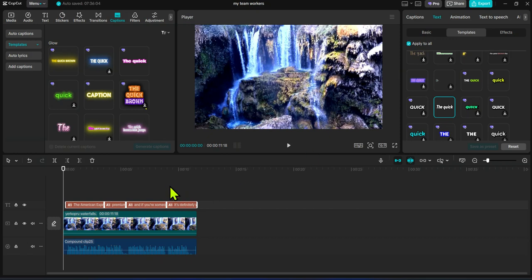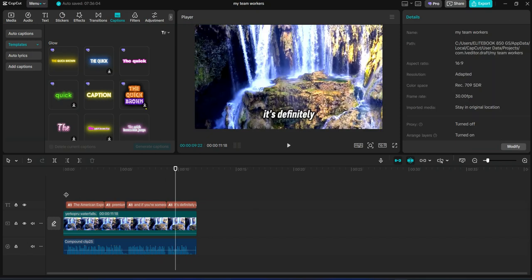In this video, I will show you step by step how to make the caption shake in CapCut. So if you want to add shaking style for your caption in CapCut, let me show you step by step how to do it. First step, after you generate the caption like this, now you select all your caption,